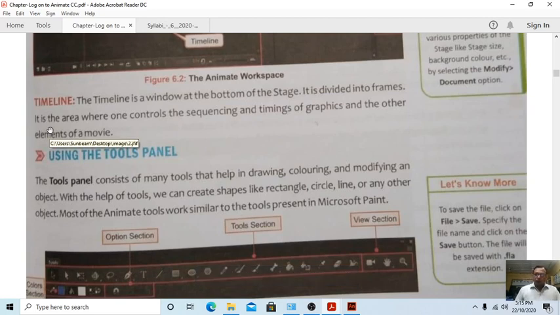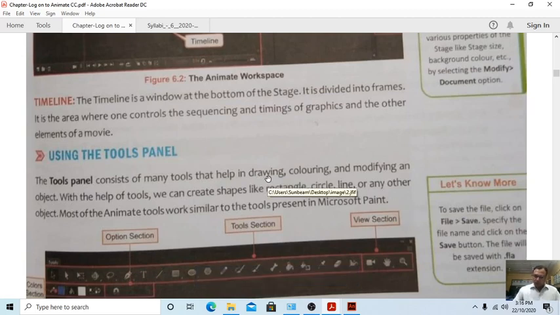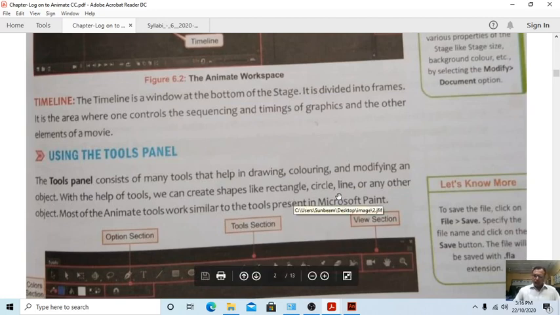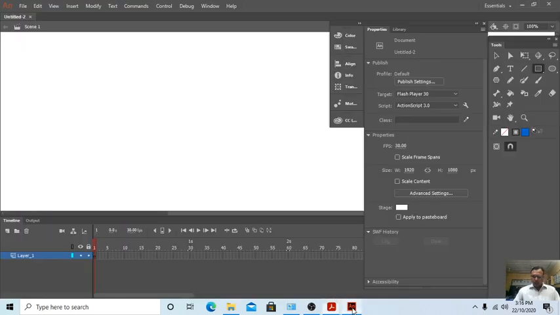Students, I think everyone has used Paint, so the tools panel is similar to that. Drawing tools, coloring and modifying tools are all present there. Clear?